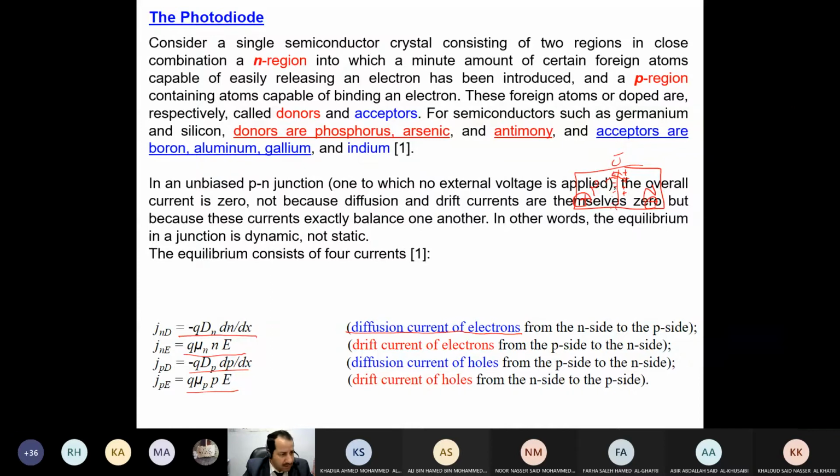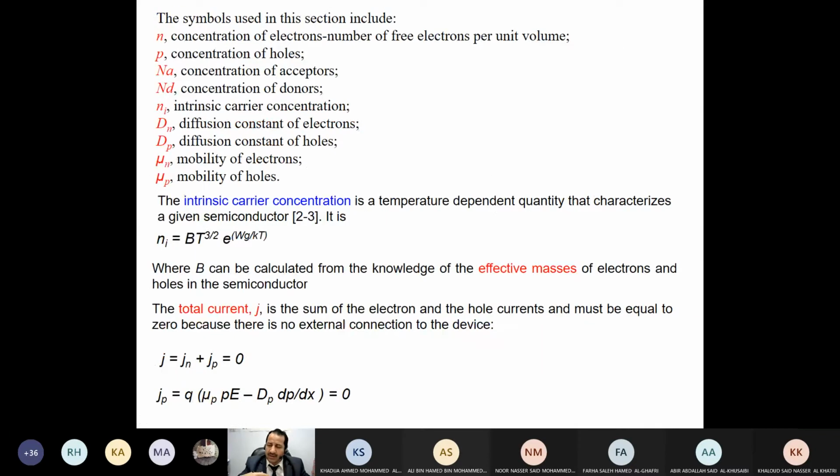Now you may say, okay, what are these elements? These are currents, okay, I understand these are currents. But what are these other elements? We are talking here, by the way, on the level of the atom, the level of electrons. N and P, as you can see, represent the concentration of electrons and holes, respectively. Na and Nd are the concentrations of the acceptor and donor, the impurities themselves. Ni is the intrinsic concentration. We're talking about the silicon itself, because intrinsic means the pure crystal. Dn and Dp are the diffusion coefficients of electrons and holes, and mu n, mu p are the mobilities of electrons and holes